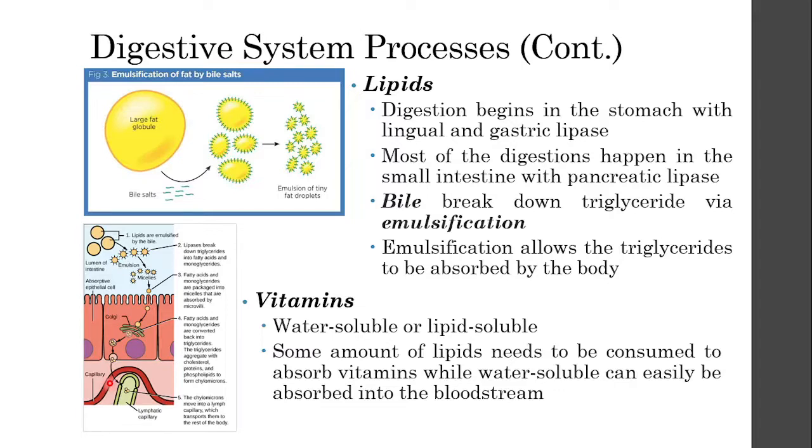So these are where the carbohydrates, proteins, lipids, and vitamins are digested and how they are digested and absorbed in our body. Let's talk about the digestive system regulation. What controls the digestive system? Well, it is controlled either by the neural network or via the hormonal network.